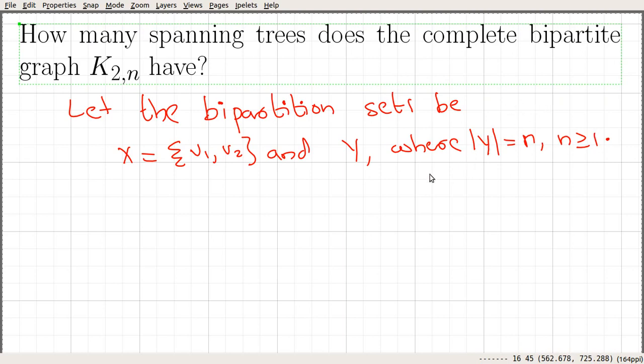So the situation will be something like this. We have these 2 partite sets X and Y, and X contains these 2 vertices v1 and v2. Again, Y contains n other vertices.